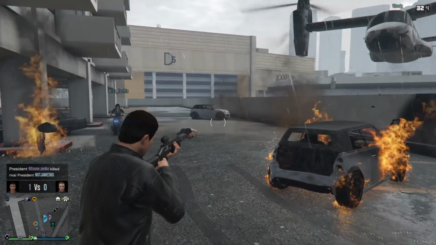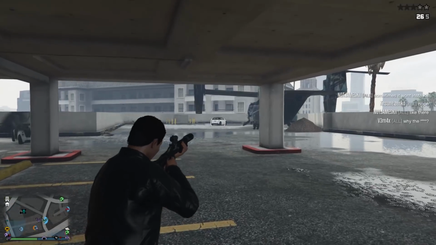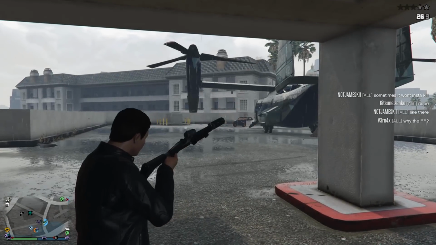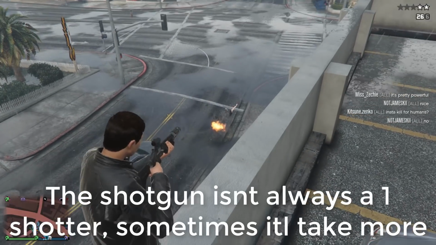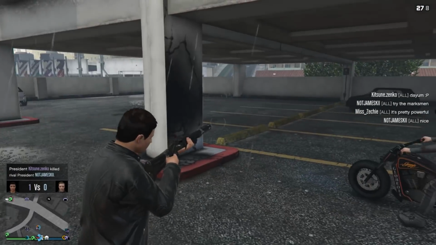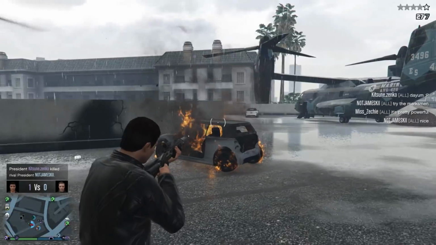This thing is a monster and chews through cars like nobody's business. The maximum range of the explosive shells is nowhere near as far as the Mark II sniper rifle, but at close to medium range you can destroy a lot of stuff with this thing. What's better is that the ammo is actually rather reasonable in price. 600 for a pack of 8? Hell yeah! So out of all the Mark II weapons, my personal favourite would most definitely be the pump shotgun